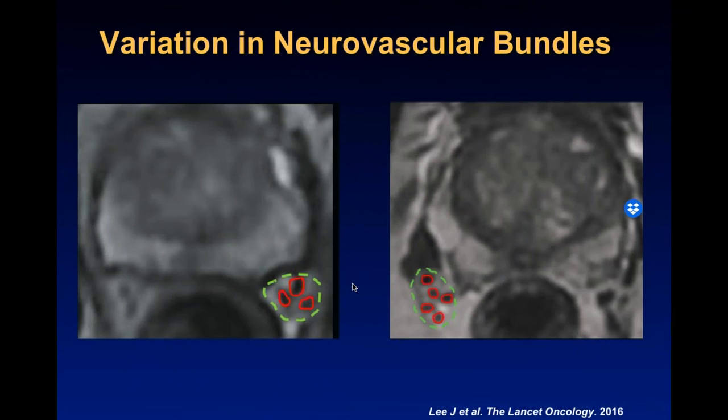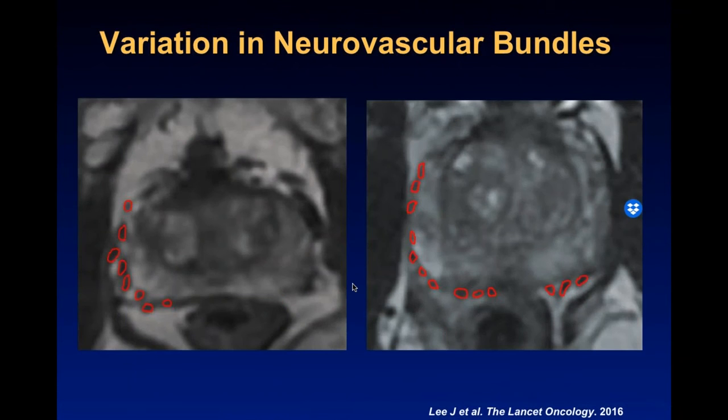And then we can look at the variation of the neurovascular bundle. You can see where these are located in some patients, where they're located in other patients. Some patients have them around the body of the prostate. This has been commonly coined as the veil of Aphrodite in some popular nomenclature. But what you can see here is that this might be on top right of the prostate where the radiation margin is going to affect, and that will be able to further help communicate to the patients what those expectations